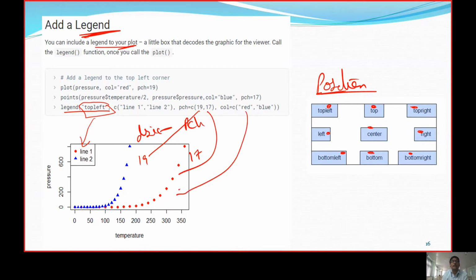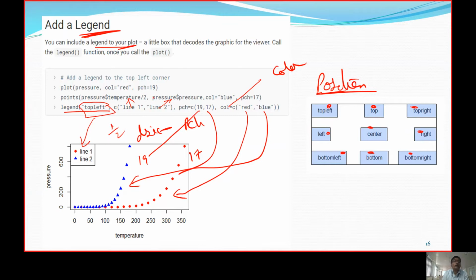One is going to be colored red, another colored blue. So we are going to mention the values. One series, that is line 1, is pointing out pressures, temperature divided by 2, and line 2 is representing only the pressures. One represents the half value, another represents the full value.